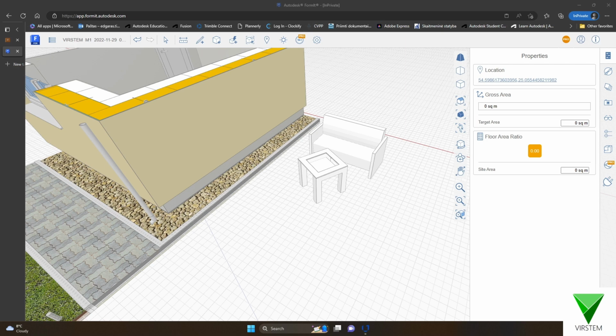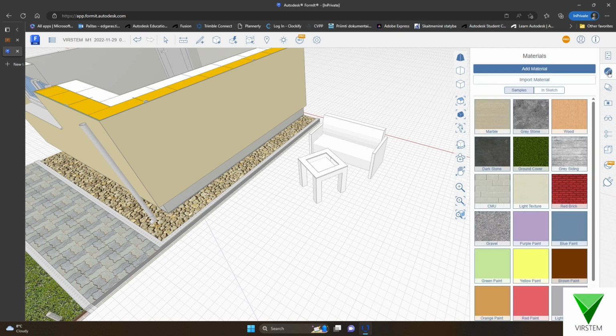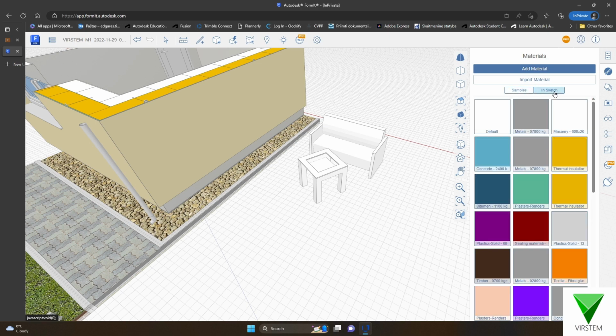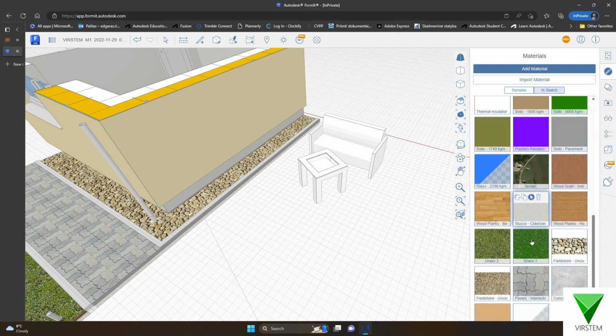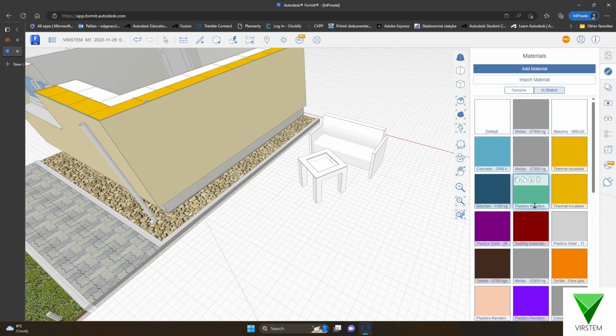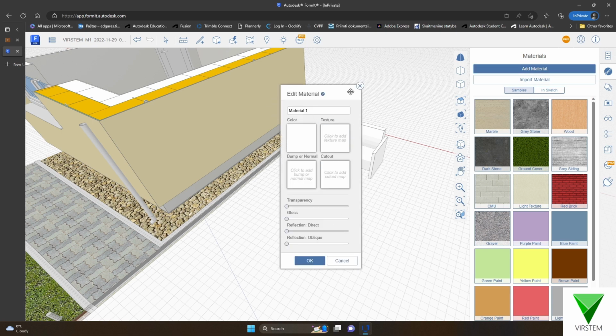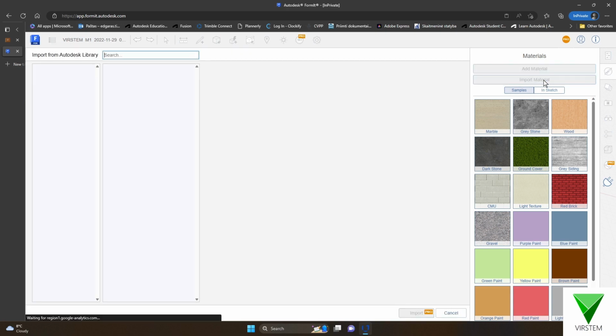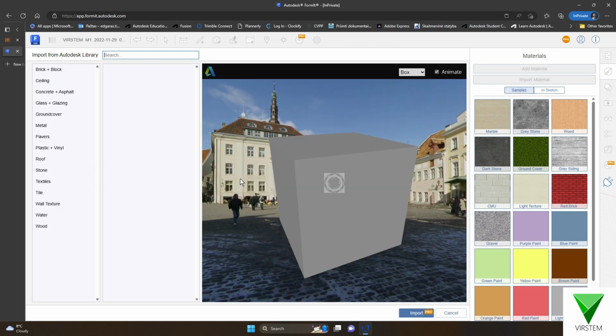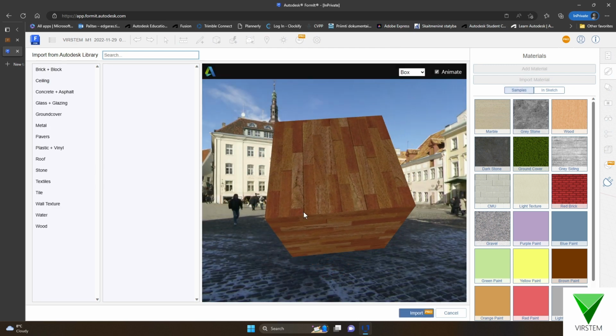Hello, so in this video I will explain how to use materials. So materials are located below properties. Here we have basic materials, sample materials. And if I click in sketch, I can see materials which are located in the sketch. I also can add materials by creating my own material, or I can import materials, but this one works for